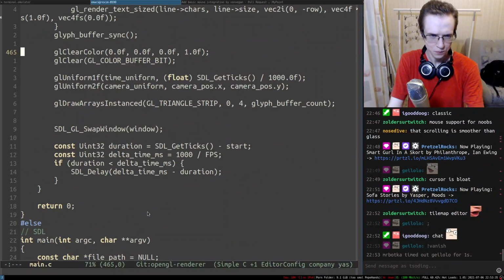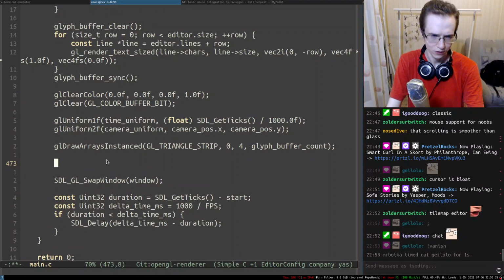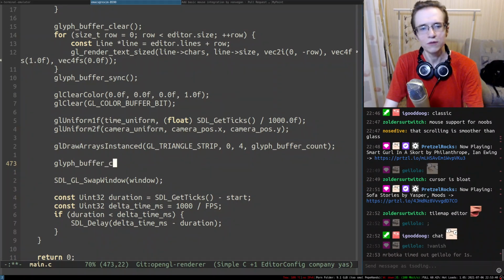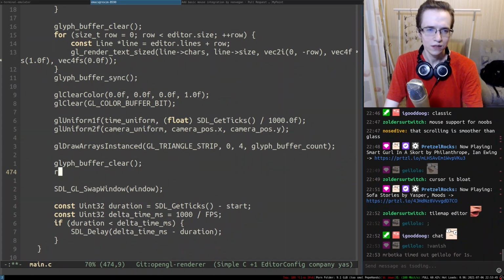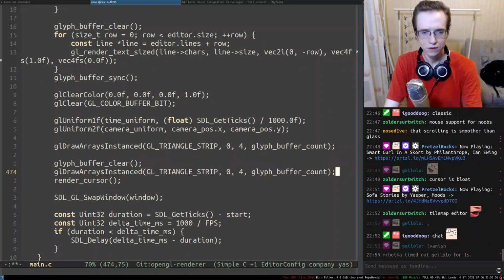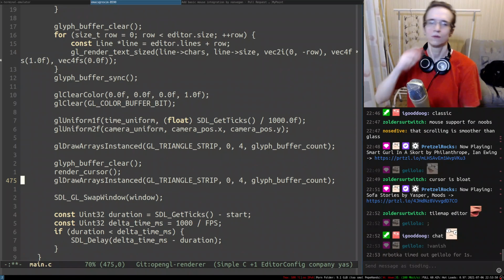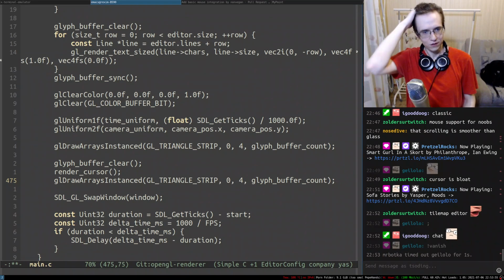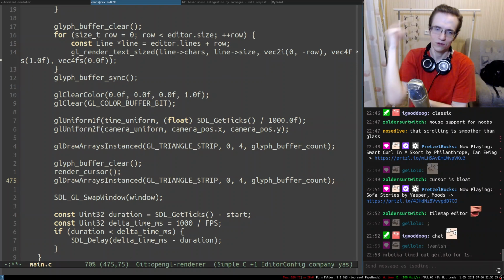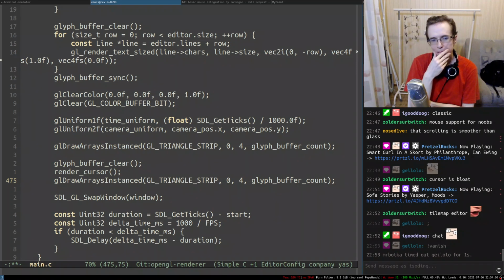So here, as I already said, I want to do glyph buffer clear, then render cursor, and we are doing this thing one more time. That's right, because rendering the cursor is going to append one single glyph in there. So that's basically what we have in here.